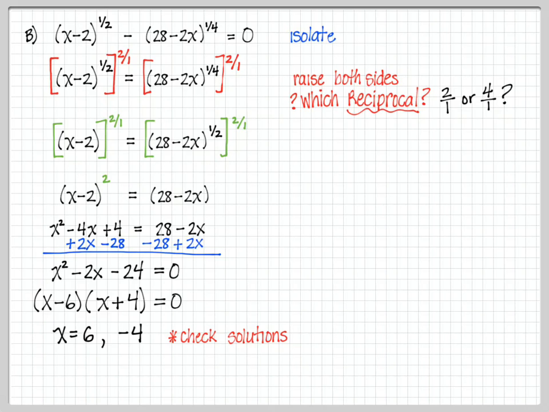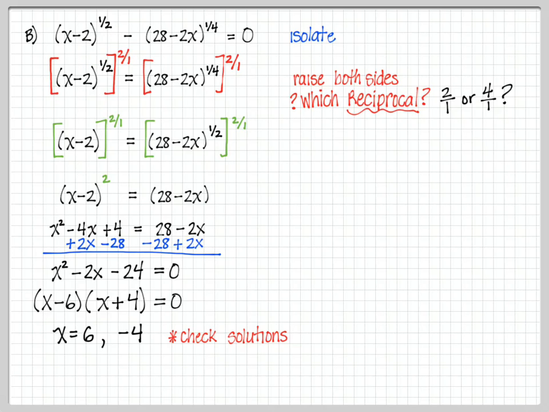But remember, you must check your solutions. When we plug in the 6, we get 6 minus 2 is 4, and the square root of that would be 2. And then you're going to find out that this also equals 2. And so it does work. 6 works. But when we plug in the -4, this is a bigger problem. Plugging in the -4 up here, if I have -4 minus 2, I'm going to have -6, and I want the